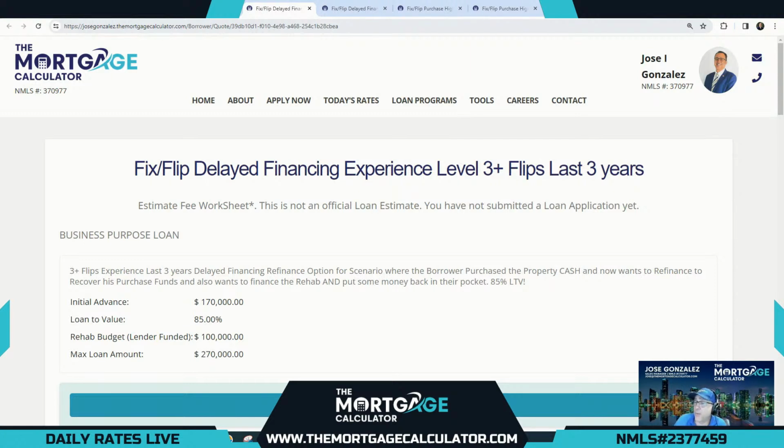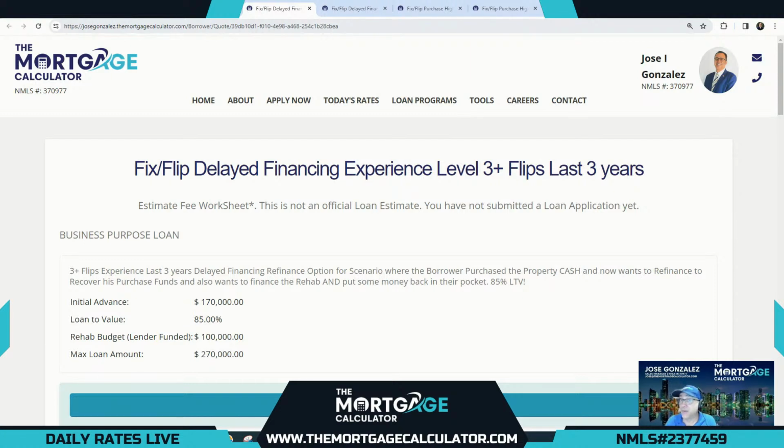We can close that in probably 7 or 8 days. That's fast, right? But in some cases, it's the deal of the century. They can't wait. They got to buy it cash. Then here we are giving them their money back, because delayed financing up to 6 months from the cash purchase, as long as that cash came from the borrower, directly traced back to the borrower, either their entity that they're owner of or them personally as an individual, you can do a delayed financing refinance to allow you to recover